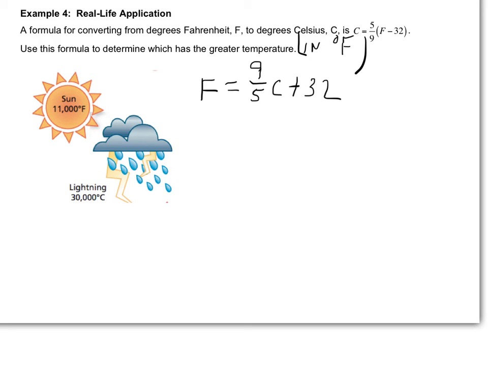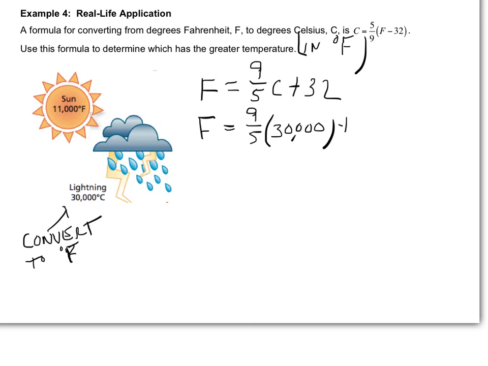So basically what we are doing is we're converting the lightning to degrees Fahrenheit, and then we can compare. We want to have them both the same so we can compare them. So the Fahrenheit of the lightning is going to be 9/5 times the Celsius, which is 30,000. And then we're going to add 32 to that. Calculator is going to come in handy on this one for sure. And I'm going to get 54,000